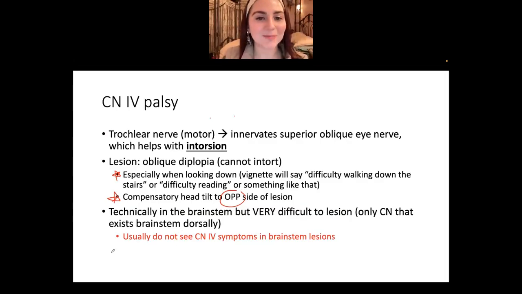All right. And then another thing too is we're actually not going to talk about this nerve at all with brainstem lesions. It is in the brainstem, but just an anatomy thing about cranial nerve 4, it exits the brainstem dorsally. Usually when we look at brainstem anatomy, even if I scroll really fast back to,